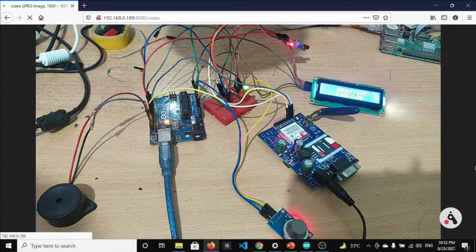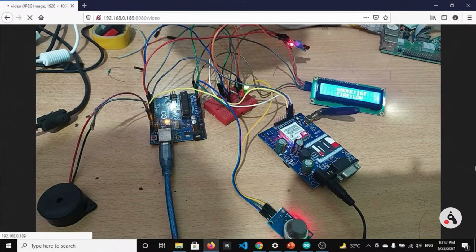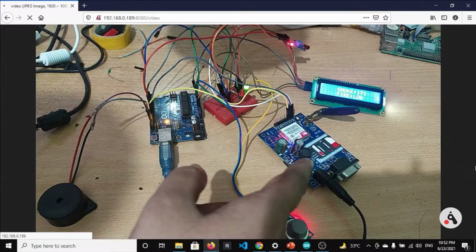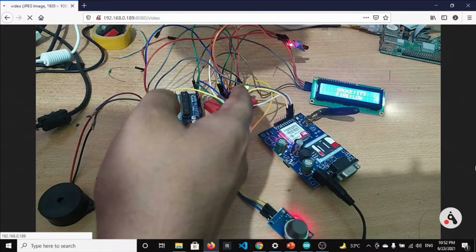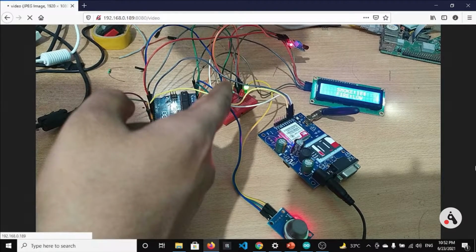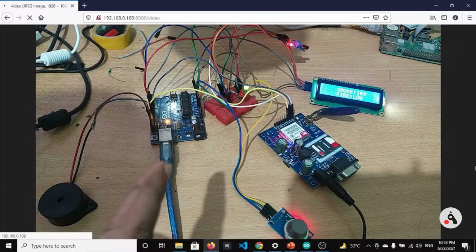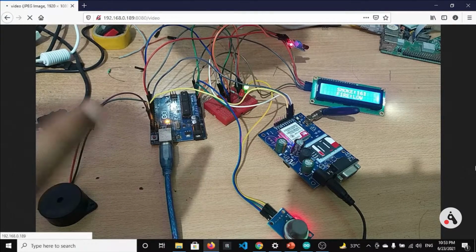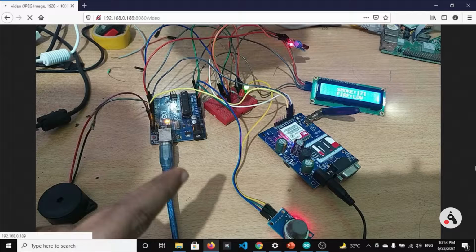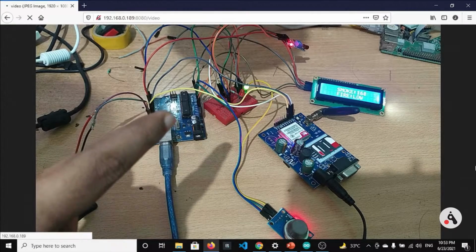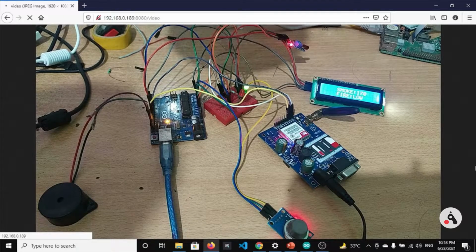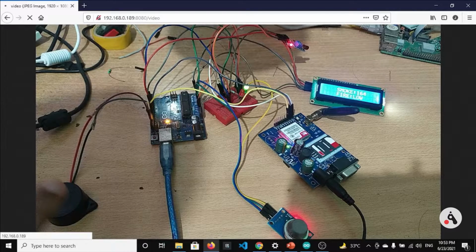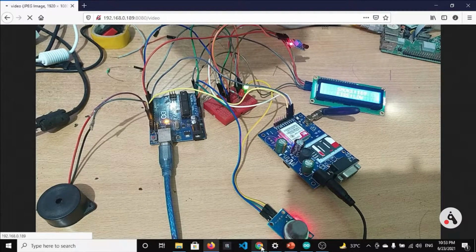So you can see here the whole system, which is basically, here is a GSM module, this is the LCD display, this is the flame sensor right above, and there are two LEDs right here. The green LED is right now turned on, which means that there is no fire detected right now, and the fire detection is carried out by two sensors, the flame sensor and the smoke sensor. We can detect fire by any of these two sensors. And what is the response to fire? Basically the buzzer alarm will trigger as a response, and an SMS alert is also generated. You can see the same right here.